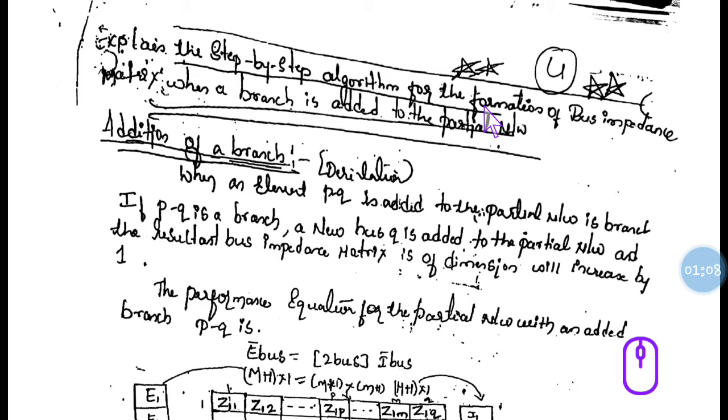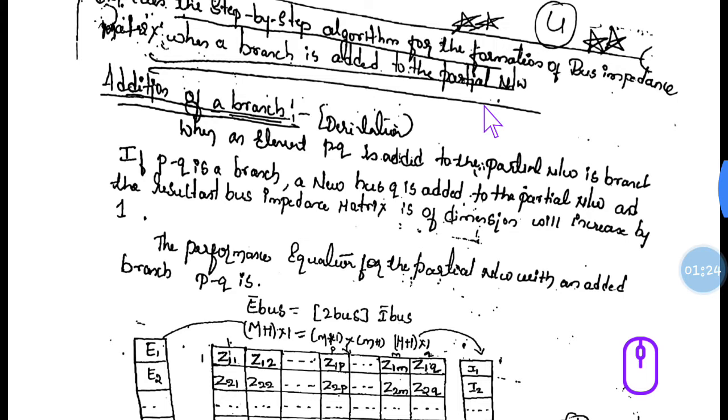While adding a link for a particular network, even though an extra row and column gets added at the start, a fictitious node is created. So afterwards that has to be removed. So for a link, there are 2 steps you have to follow: one is addition of the link, and afterwards you have to remove that. This is the basic idea, and here we are using type 1 and type 2 modifications. Let us do the addition of a branch with diagonal as well as off-diagonal.